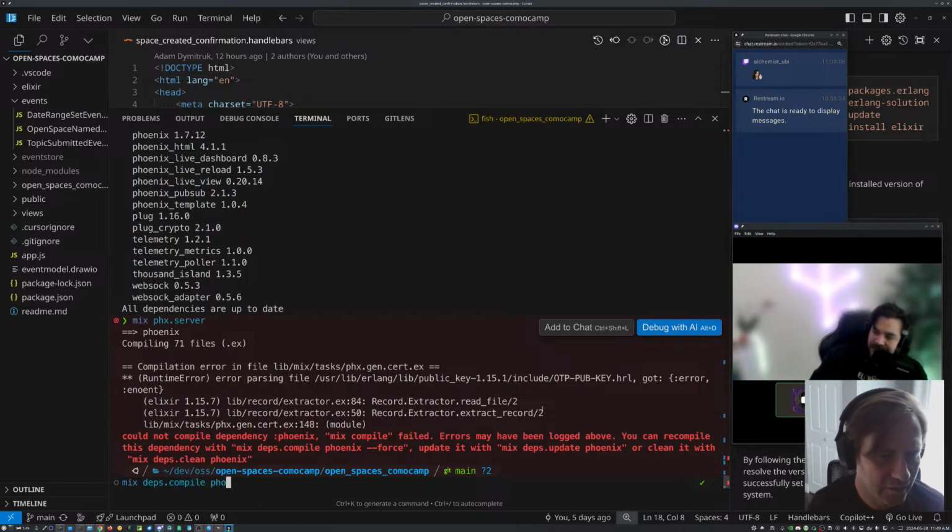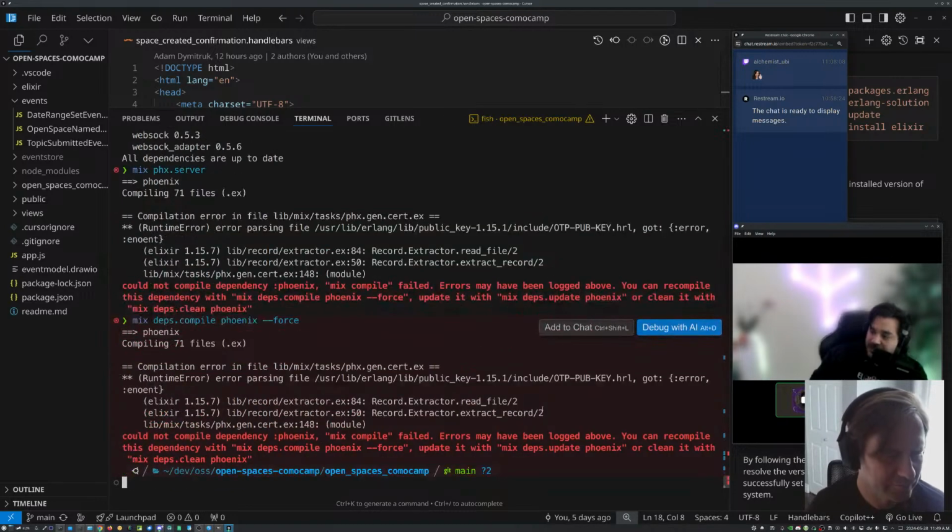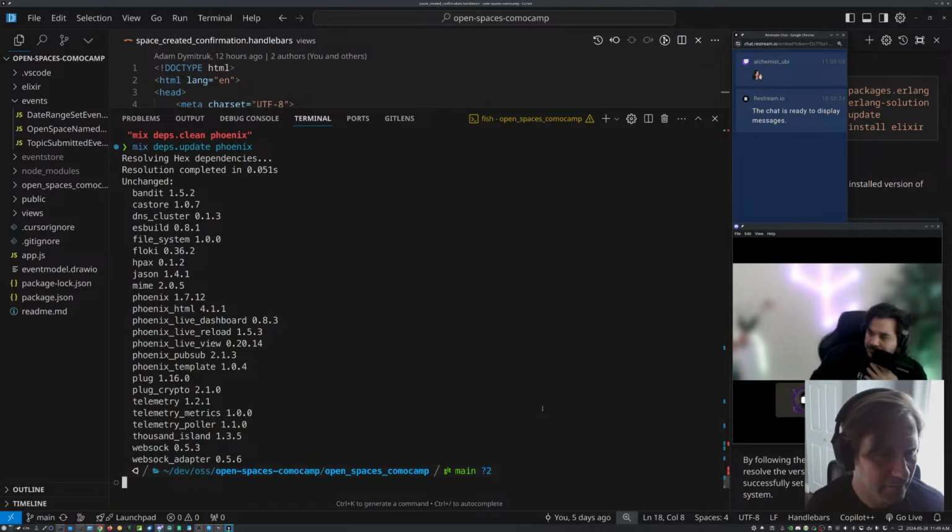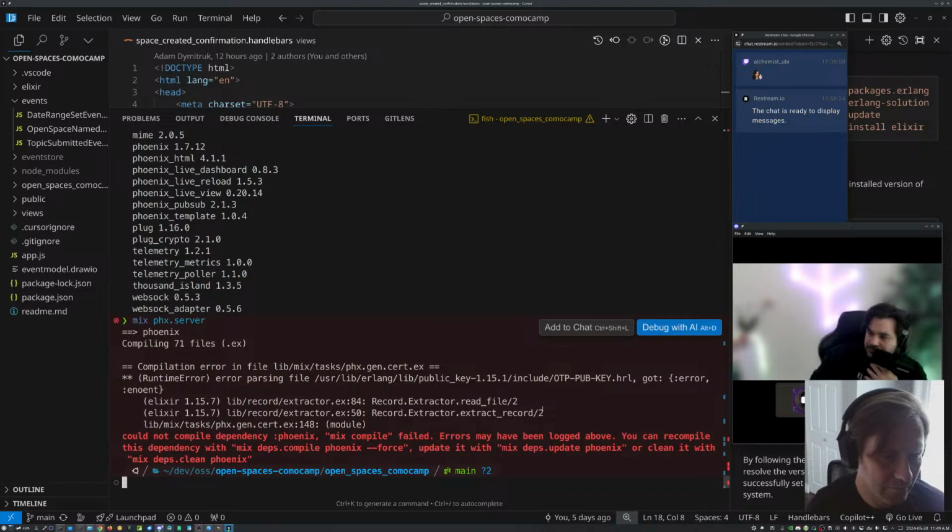That's not good. I want to understand why it's giving me this. Right, it's giving you that because probably something happened with the compilation. I'm not sure what it is, but it says there mix deps compile Phoenix. Oh, there's a mix deps update. Okay, so will that now work? Let's see if